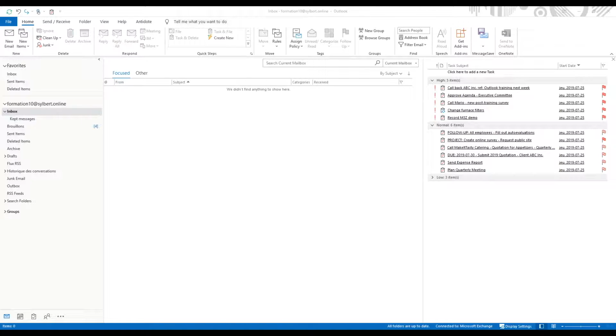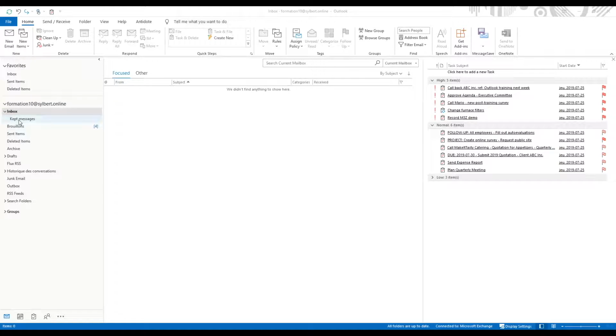The purpose of this folder will be explained in detail in the training, but I wanted to point out that before, I had no choice but to file emails in a very structured list of folders and subfolders. I got to the point where I had such an extensive filing system that a lot of emails just stayed in my inbox because I didn't know where to put them away, or I didn't want to create a new folder just to file a single email. But nowadays, there are many tools to avoid this type of hectic filing system, and filing using categories will be demonstrated during our M3Z training.